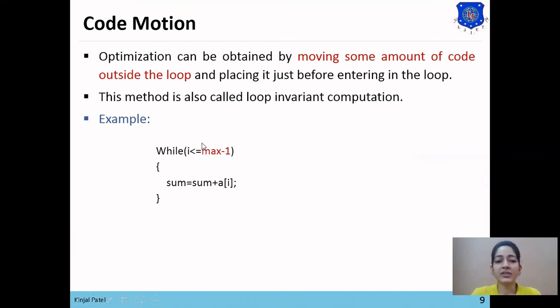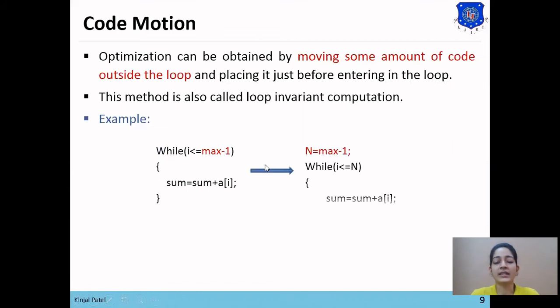So this expression needs to be executed each time the loop gets executed, which is time consuming. To reduce the time complexity, we need to move this code outside the loop and place it just before entering the loop, so that this code will get executed once and we get the result each time the while loop gets executed.